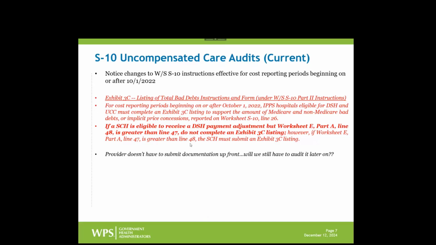So what this little verbiage, by the way, this is the new template that comes into play. And I really should say it already came into play. You've already been filing with this. We just haven't audited this year, and we won't until next year. But the point is, you would not have been required to submit this total bad debt listing as part of your acceptability. It would not be rejectable without it. But at this point, we still have to audit it until CMS changes that, unless they change it. So at that point, if you didn't submit it initially, barring any other change, we're going to have to request that in February or so when we start next year's audits.